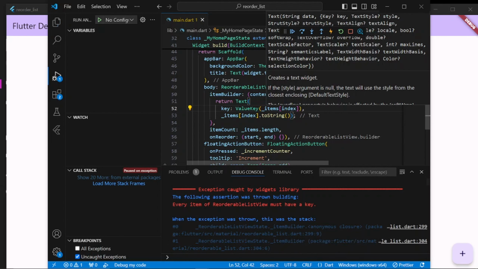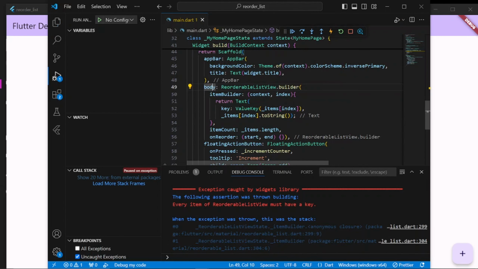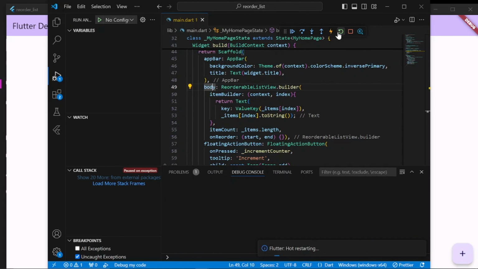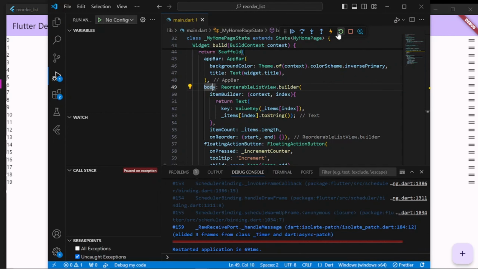Let me save and restart. Here we can see our items, and now we can try to reorder it,